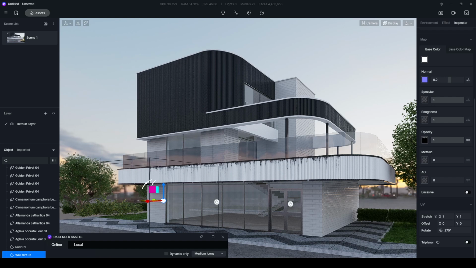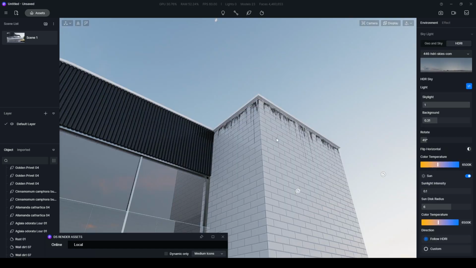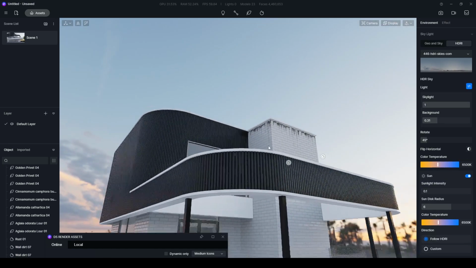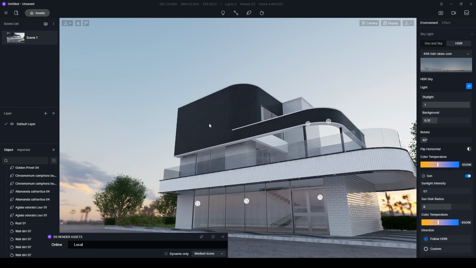They will copy it as instanced, not unique. So once we change some settings from one of them, all of the dirt materials will be changed. There we go. Let's click it and change the opacity. I want to see this barely so it won't ruin our scene. If you want to hide the icon, you can hit the L.